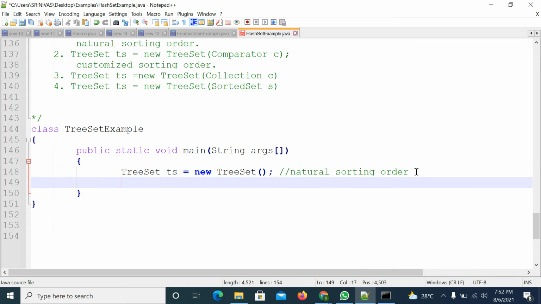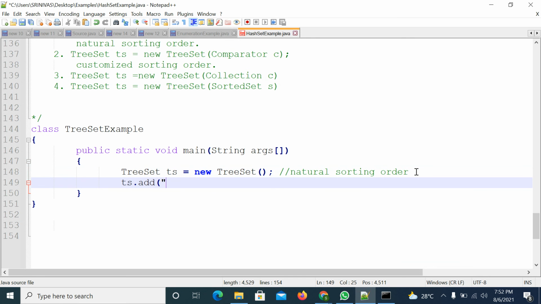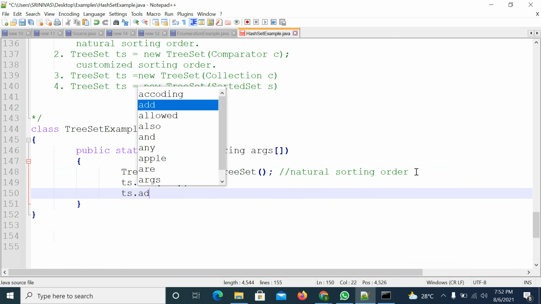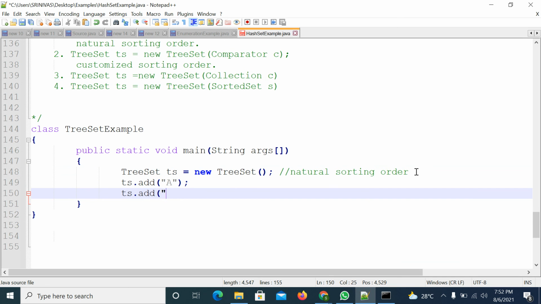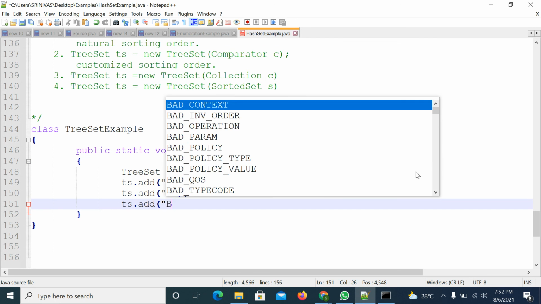So I'm trying to add the elements. ts.add. I'm adding only strings, alphabets. I'm adding capital A, then small a as a string. I'm adding capital B. Observe in which order it is adding.